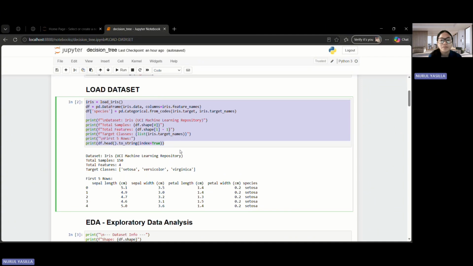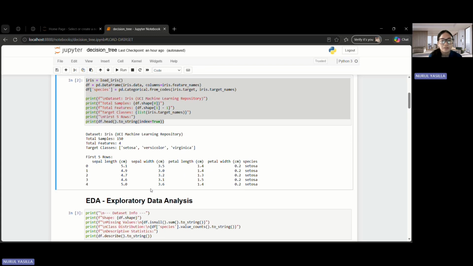The target column contains the species name of the flower: Setosa, Versicolor, and Virginica. The dataset consists of 150 samples with 3 classes, each containing exactly 50 samples.